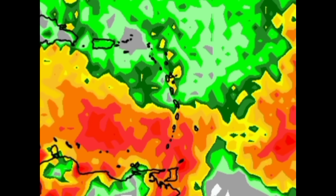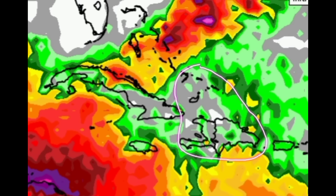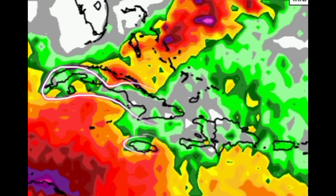The Virgin Islands could be on the drier side as we head through today, but there's still a chance that some showers could be passing by. Some showers possible across some spots in Puerto Rico, Hispaniola, and then as we head to the southern Bahamas and even the Turks and Caicos Islands, sections of Cuba, and then for Jamaica, for most areas, there's not going to